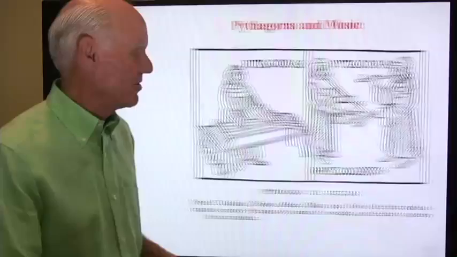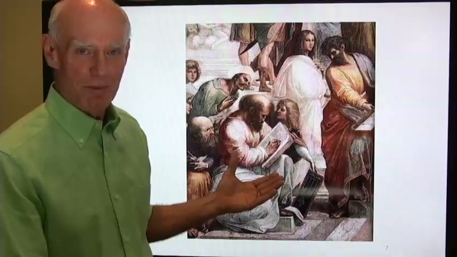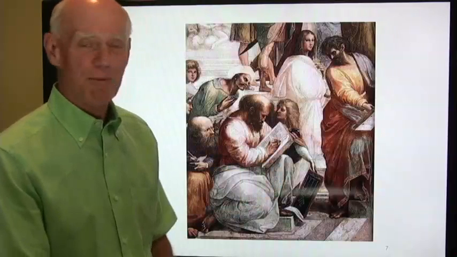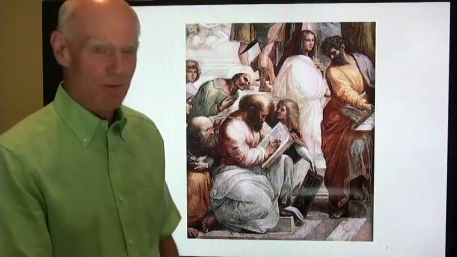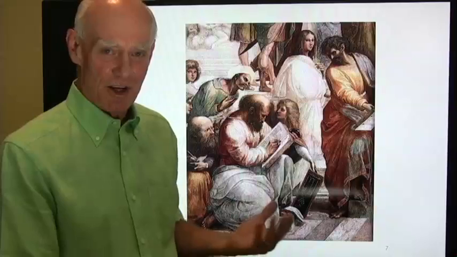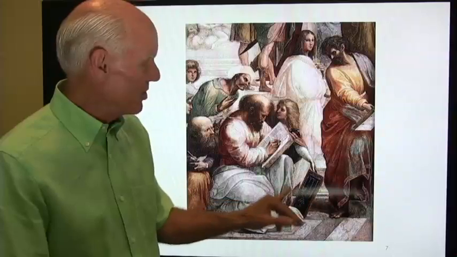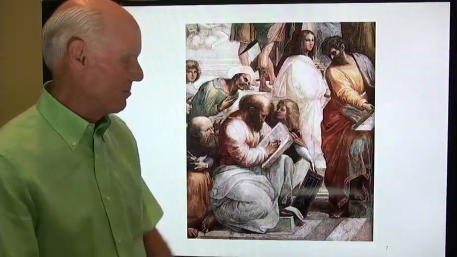So let's go back to the school at Athens. Here's Pythagoras. What is he explaining to the people around him? He's explaining that relationship that the Pythagoreans discovered between the notes on a musical scale and the ratios of simple whole numbers. This diagram has part of that relationship in it, and that's what he is explaining to the people